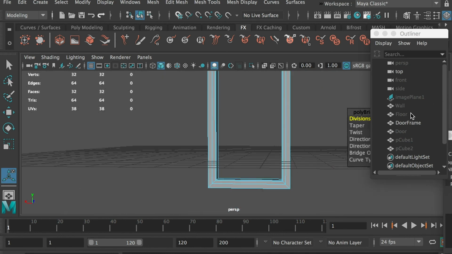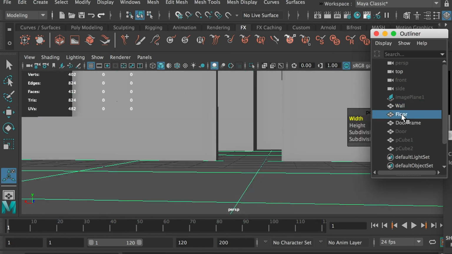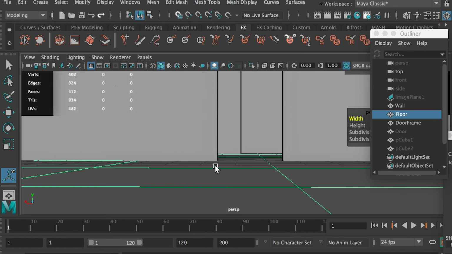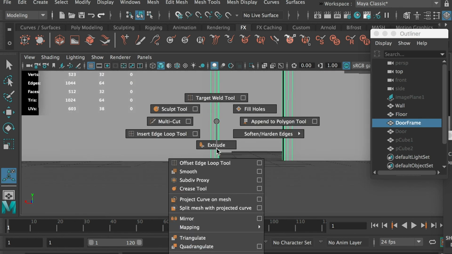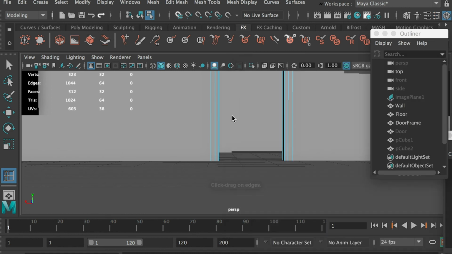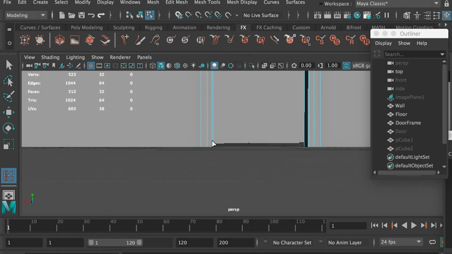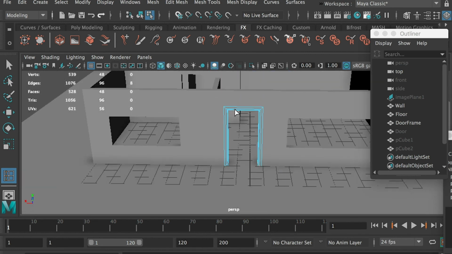So let's see if I show the wall. So this is the wall and this is the floor, right? So being cut here. So what we can do is we can right click and go to Insert Edge Loop tool, go to Settings and switch back to Relative Distance. And here we'll add one here and one here. As you can see, the line is tilted because it is matching the bottom and the top edge,